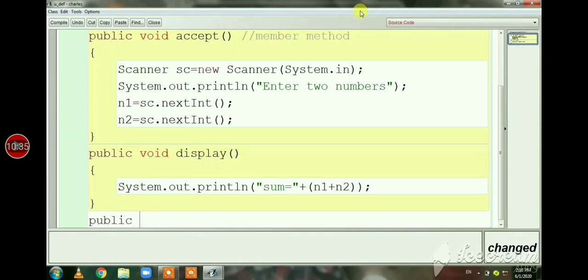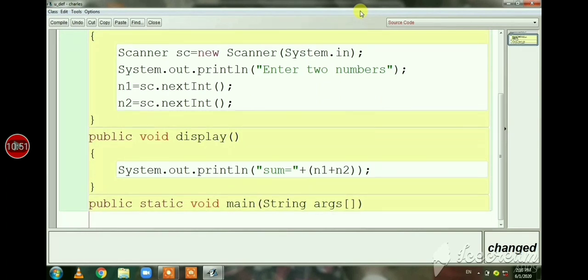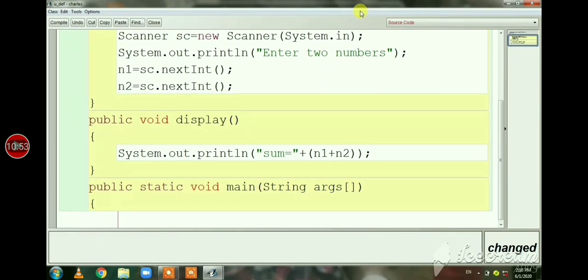Now I am going to open the main method, public static void main. This main method is the entry point of the compiler. You have to call the method inside the main method. It is known as calling or invoking a method. To call or invoke the method, first we need to create the object. Object declaration is already known. You have to write the class name, object name, new keyword, again class name.